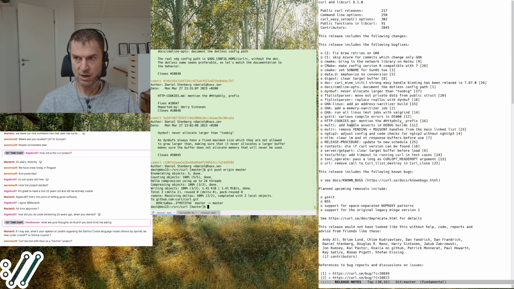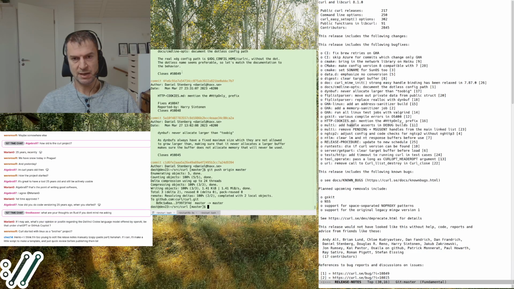Curl started out not at all on Linux. I was not using Linux much in 1996. I was playing with a lot of other Unixes, so I think I started using Linux maybe at the time I started shipping curl, somewhere in 1998, 99, something. That's when I started playing with Linux for real.